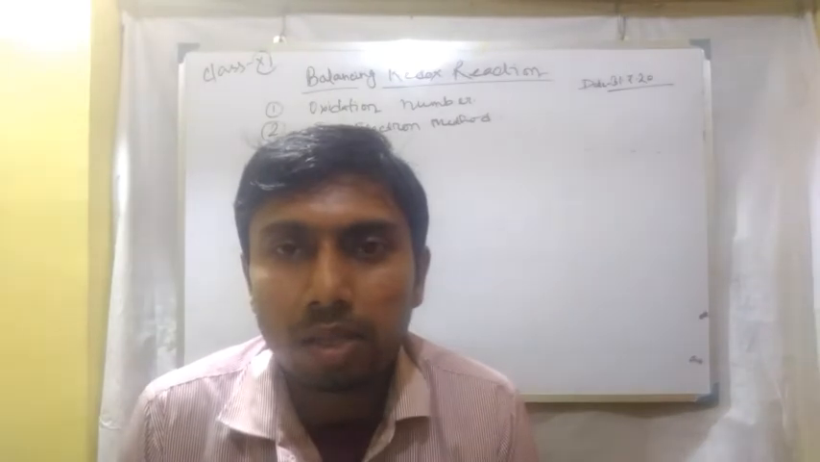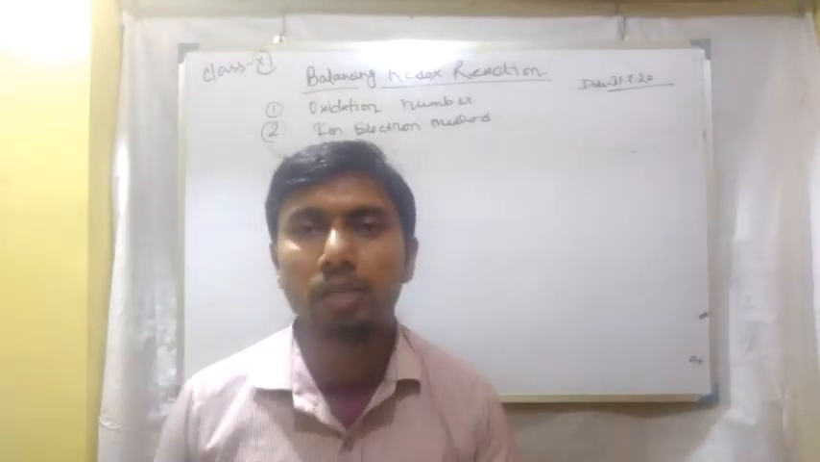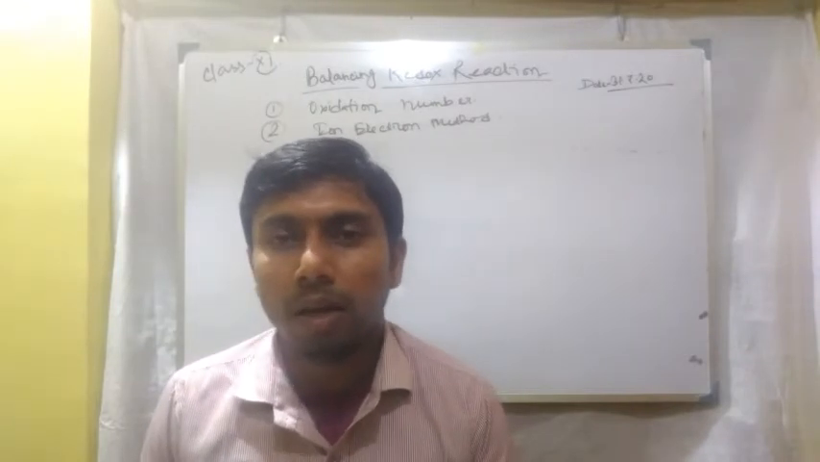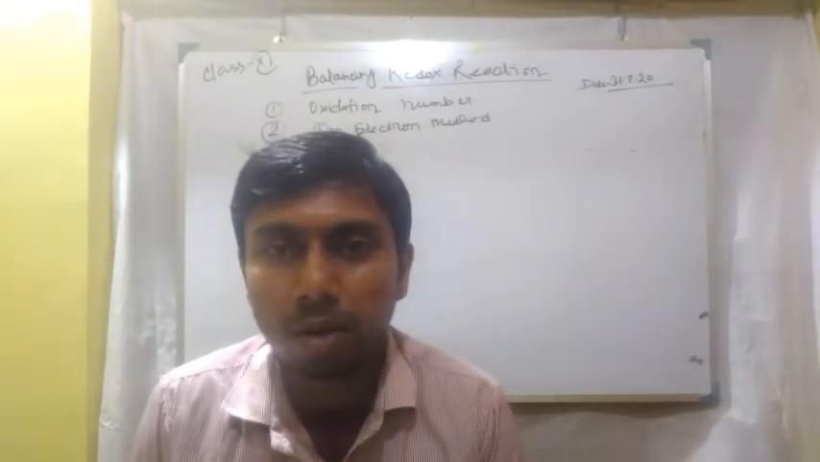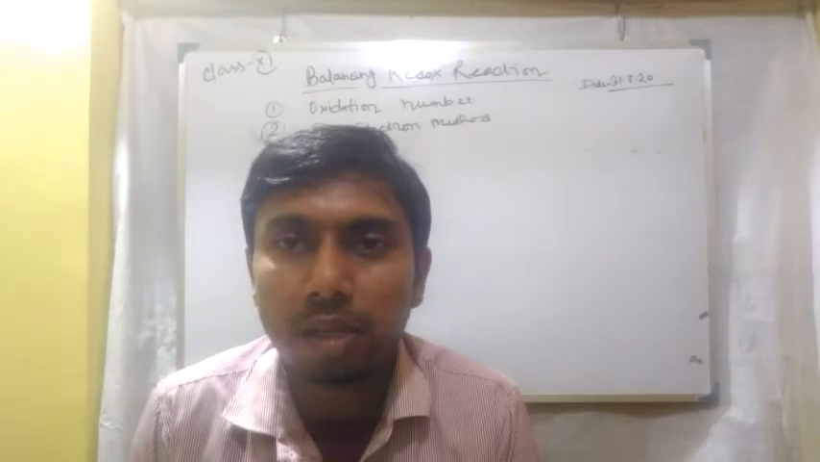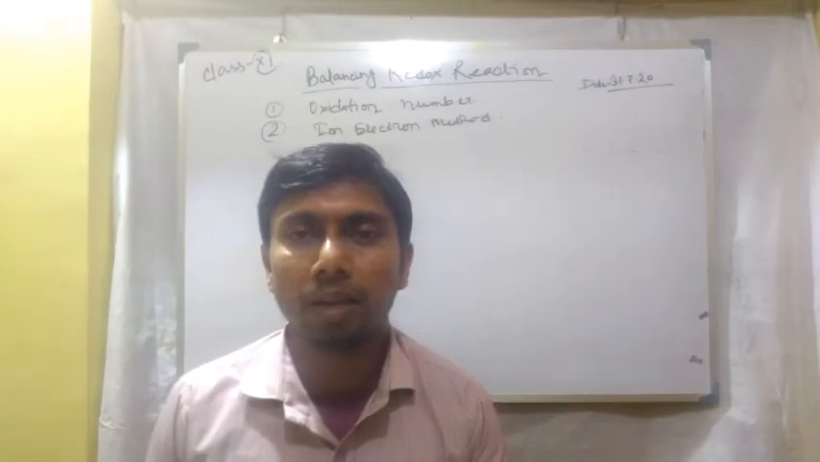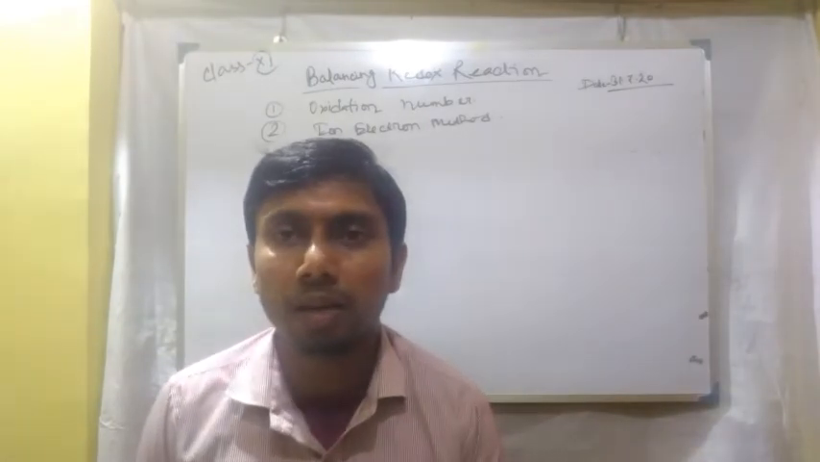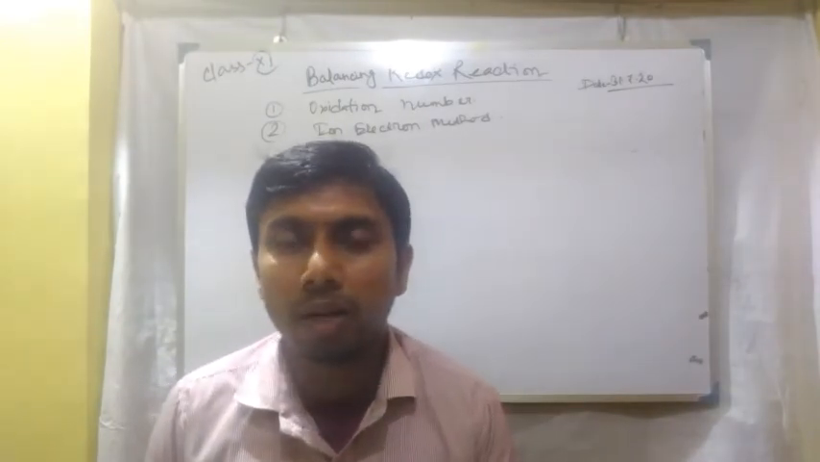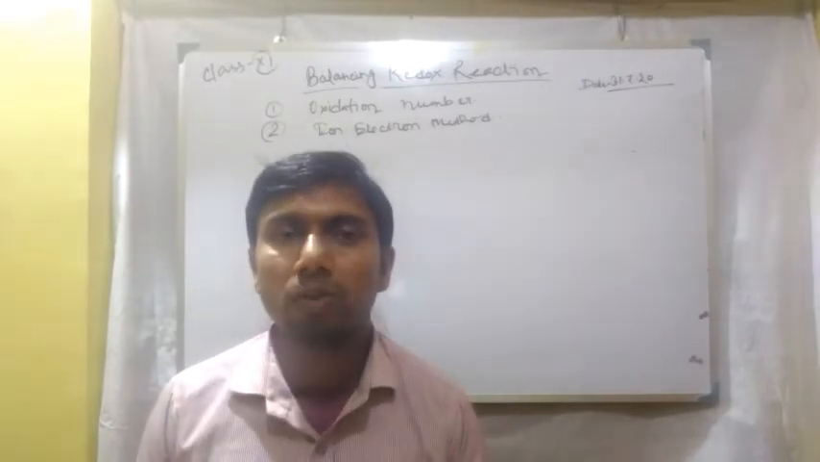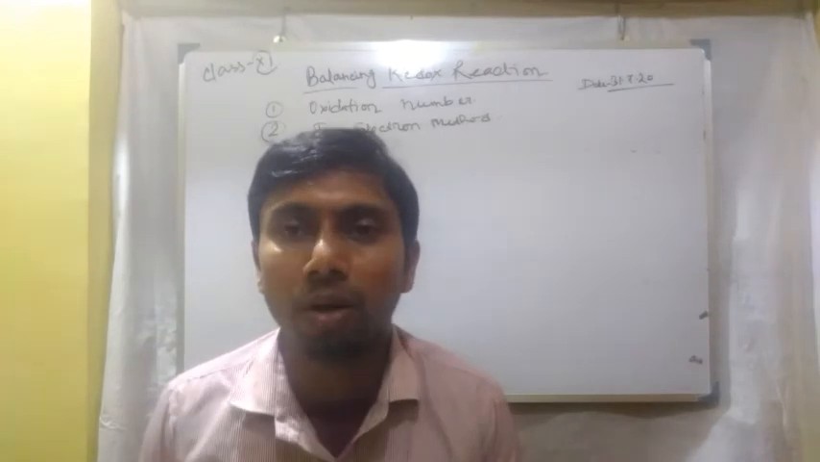Now I will discuss the next part of this chapter, that is redox reaction. Last class I discussed the balancing of redox reactions by using the oxidation number method, and then I told you there was another method, which is called the ion electron method. So to balance a reaction by the ion electron method, we have to